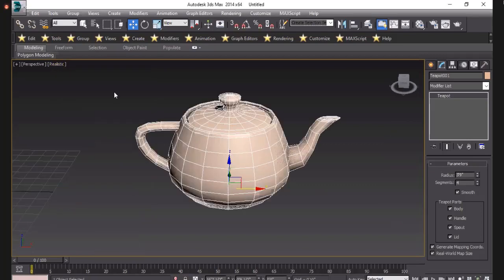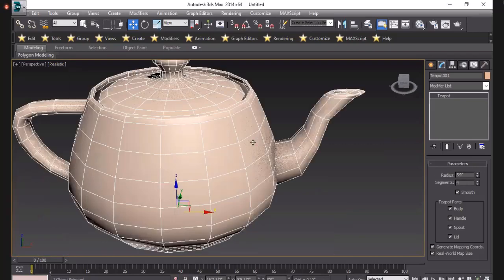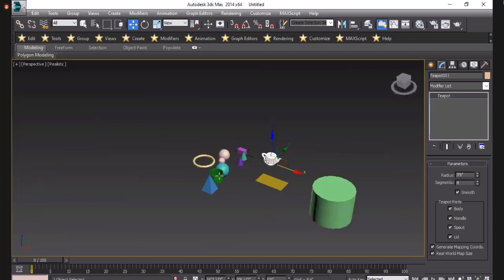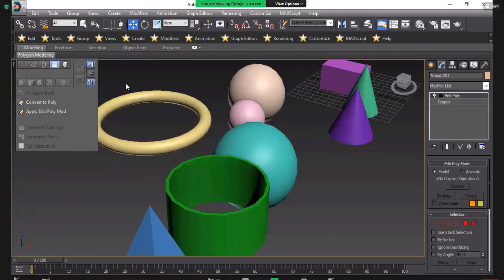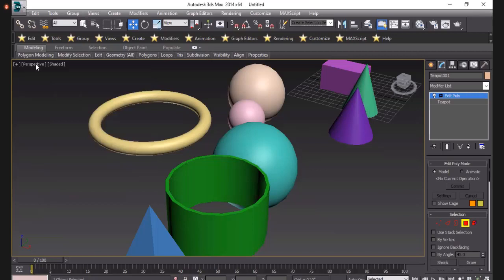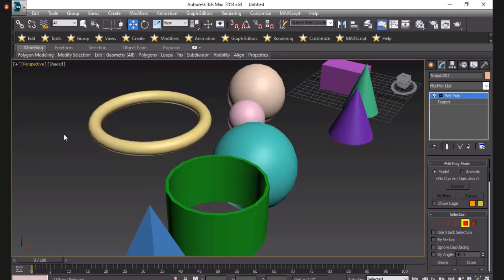Okay. If I get the realistic view, then you can see black dots and they disturb you for some time. So that's why we will get shaded view from here. Okay. This is a perspective view which shows here, and you can see top, bottom, front. Okay. When we press Alt W, you can see here.